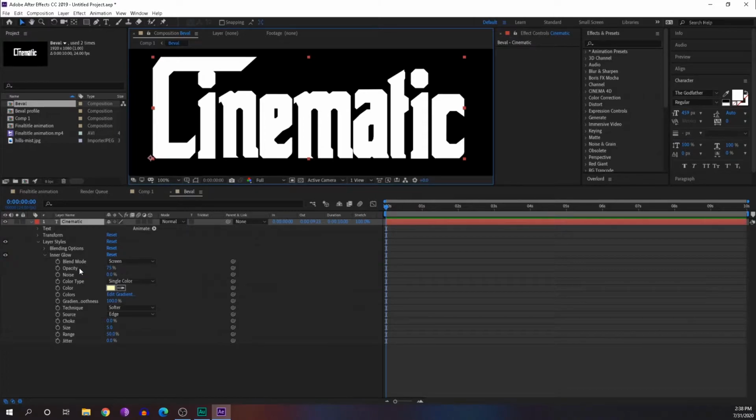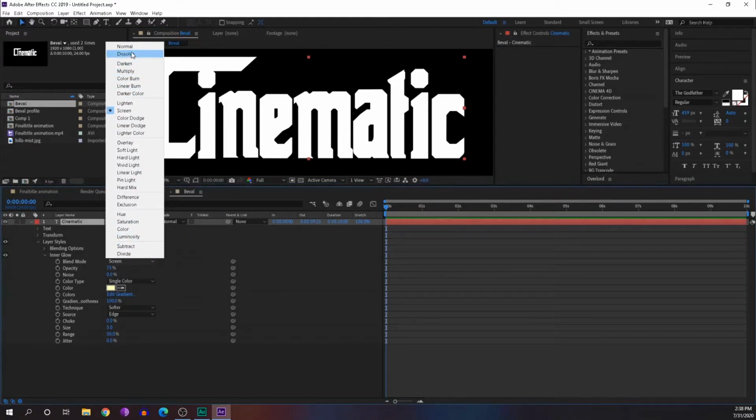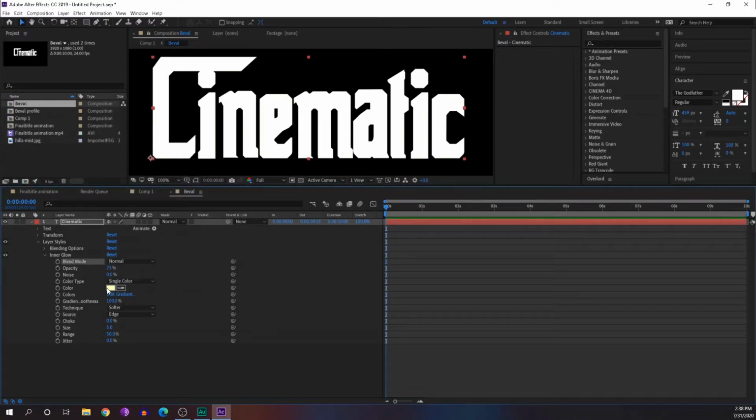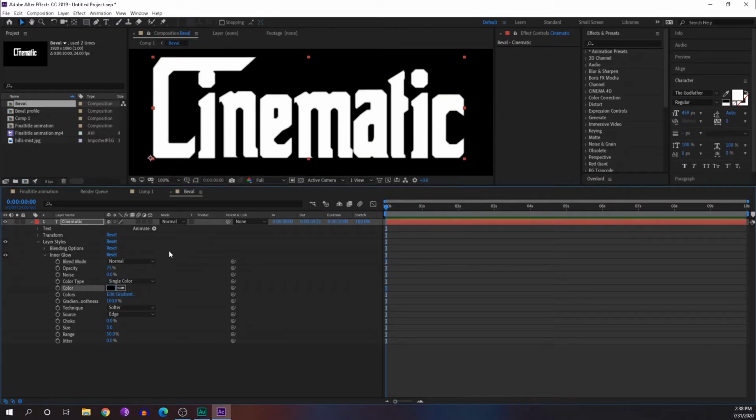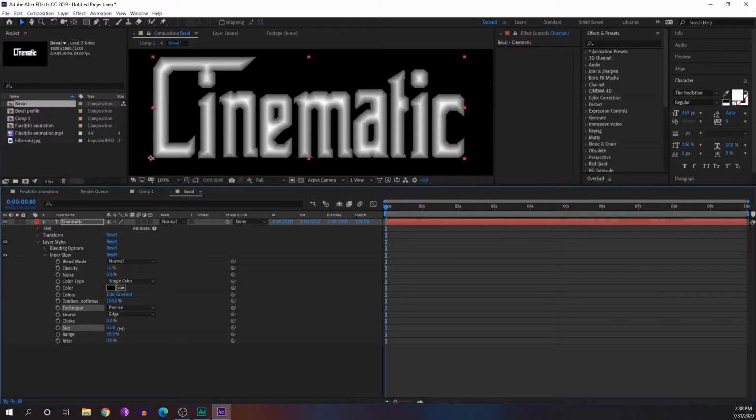Okay, in inner glow we'll expand that options. Here first thing blending mode change it to normal, and color will change it to black, and here there is one option called technique. Now the technique is softer, we will change it to precise, and then we will just extend the size.